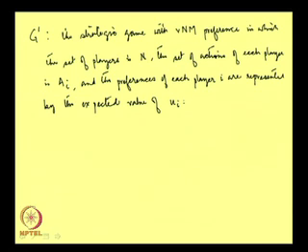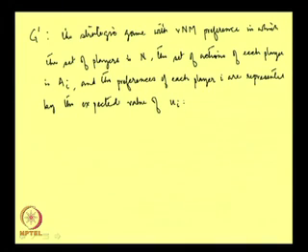The preferences are different. In the first case it was ordinal preference, which means the players were not randomizing. Here the preferences are von Neumann preference, and the preference of each player therefore is given by the expected value of Ui. Ui is the payoff function that we had in the previous game.